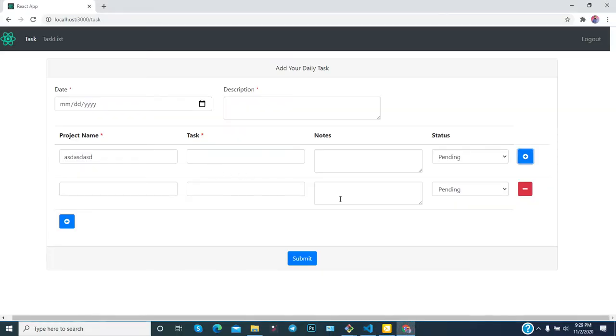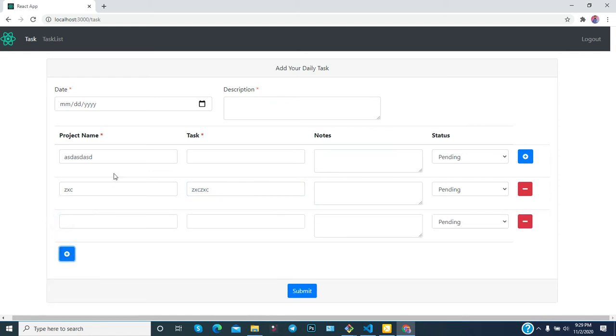Now the third requirement is that whenever you are typing in any of these fields, you have to update the right value of the array. It means if there are 3 rows, and you are changing something here, then through the on change event you can call a method, and in that method you need to update the second value of the array.